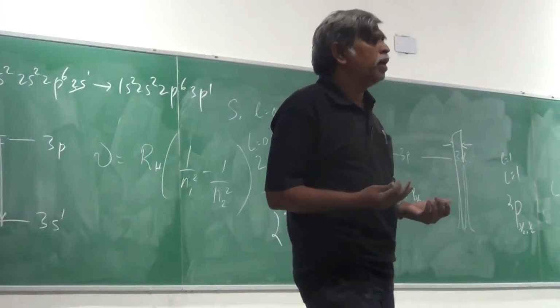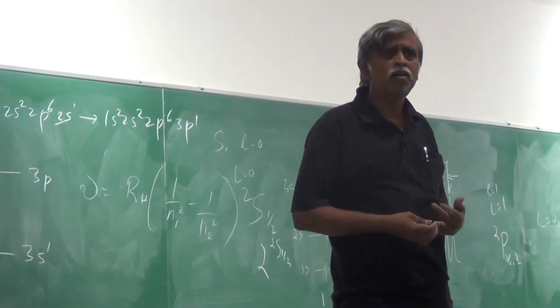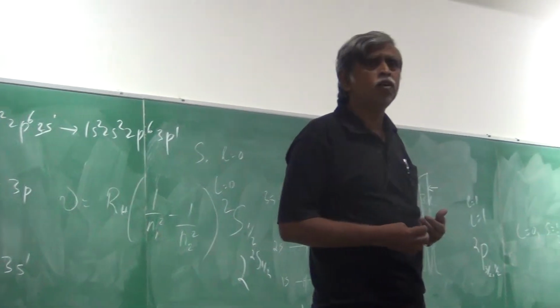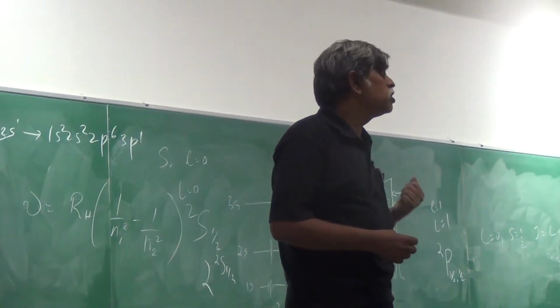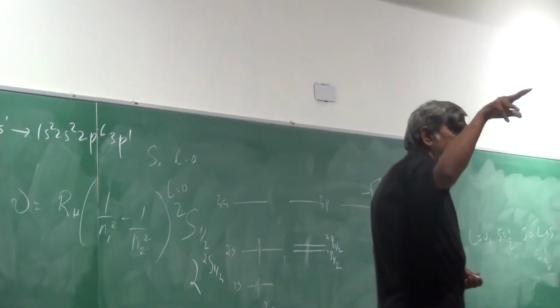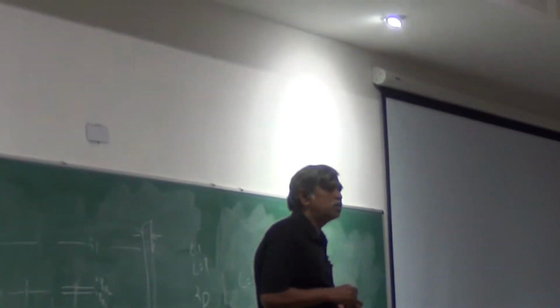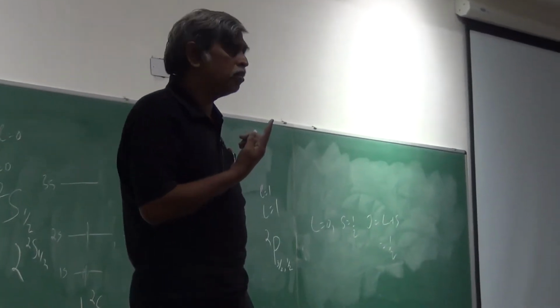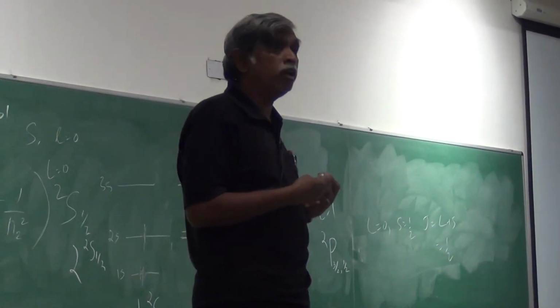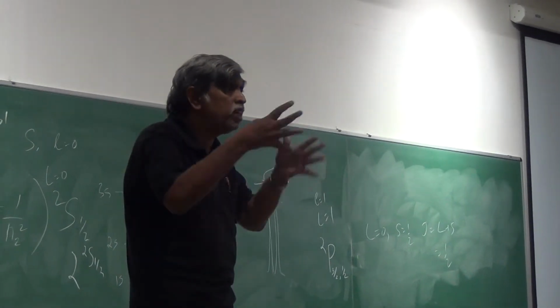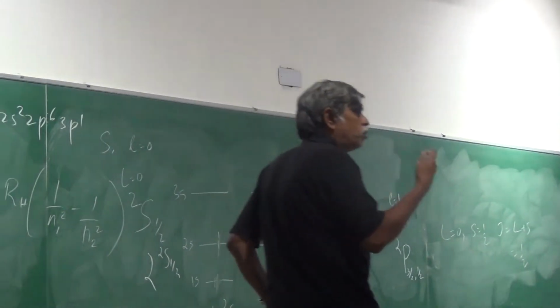In fact, if you went back to history, and before you even go back to history, when you solve your Schrodinger equation for your hydrogen atom, what are the quantum numbers you get? You get n. Mind you, there are three parts to the function. When you write your wave function, it's in terms of r, in terms of theta, in terms of phi. The two angles and one length that you really have used in solving your Schrodinger equation. And quantization or boundary conditions on each of these will each give you a quantum number.